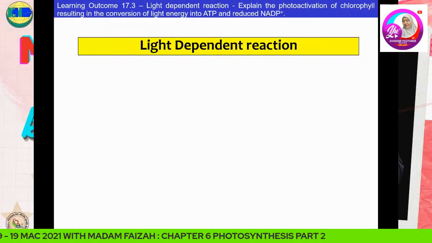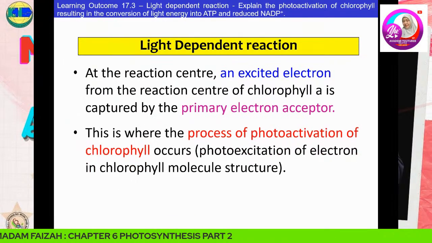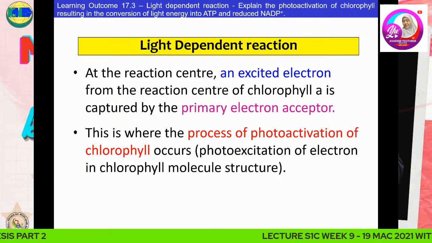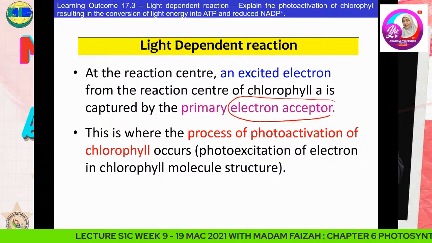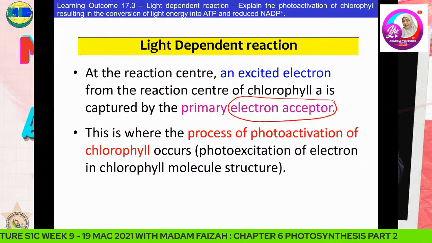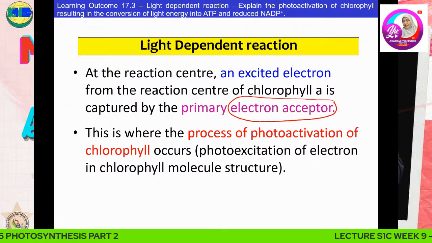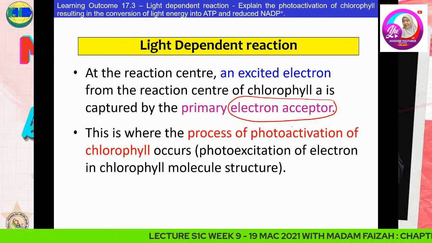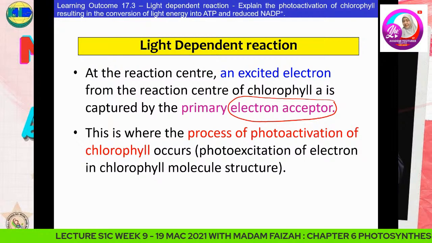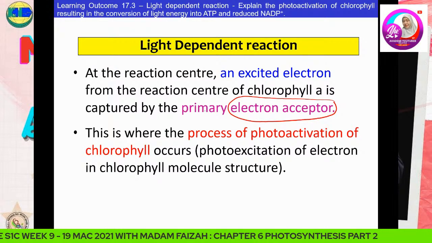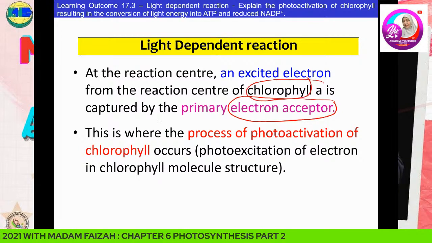This is the secret about it, class. Before that, teacher would like you to take notes about the concept of electron acceptor. Electron acceptor is the same as NAD plus in cellular respiration. But in this case, the primary electron acceptor is chlorophyll A. Chlorophyll A will capture by the